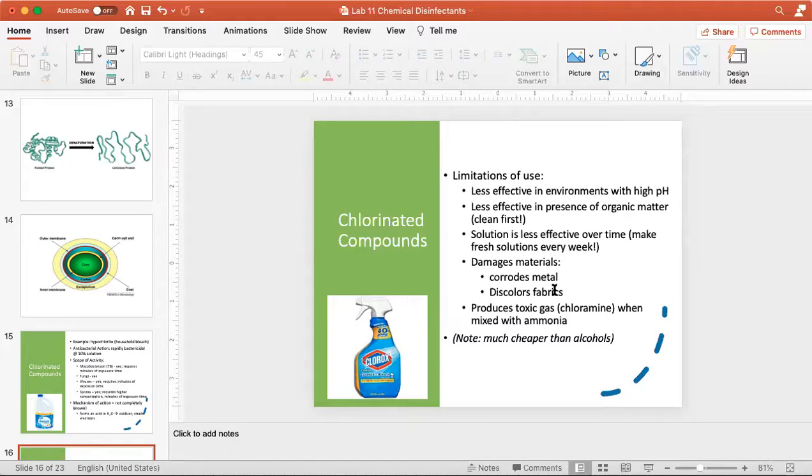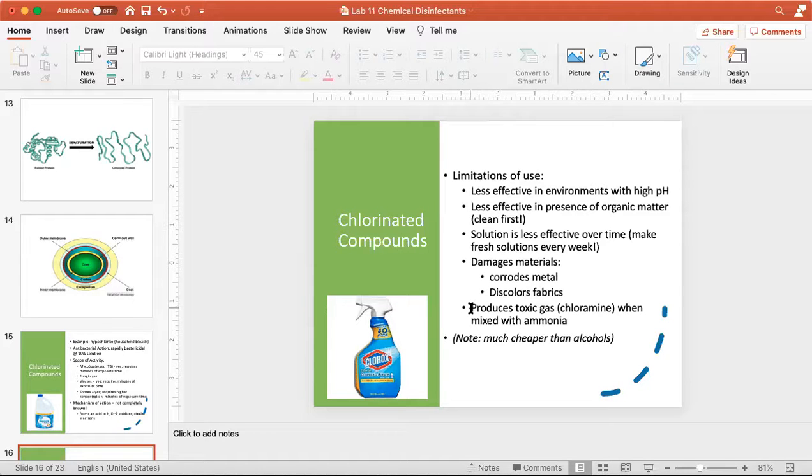It can corrode them over time. It's also very damaging to fabrics, and you probably already knew that. If bleach gets on fabrics, it will take the color out of fabric. So you just have to be careful if you're going to be applying it around fabric. You don't want to get it on the fabric. If you put a concentrated solution of bleach onto fabric, it will eat a hole through the fabric. So again, it's very damaging to fabric.